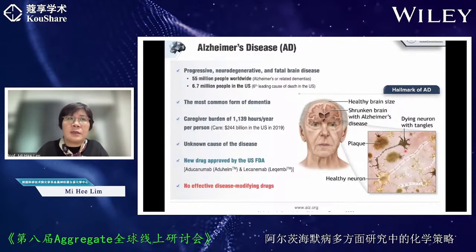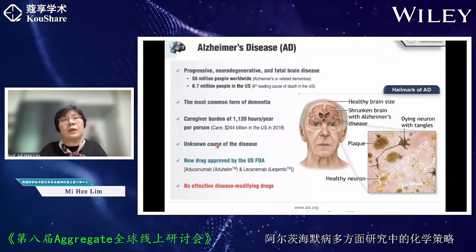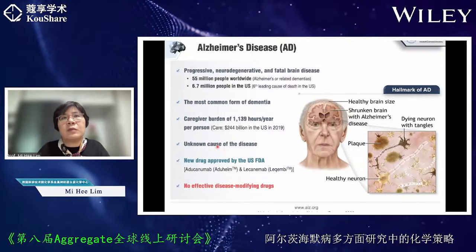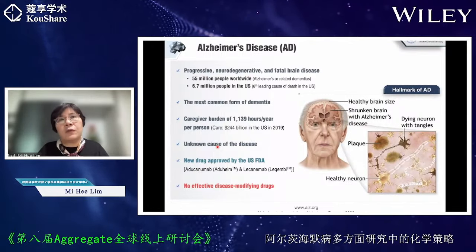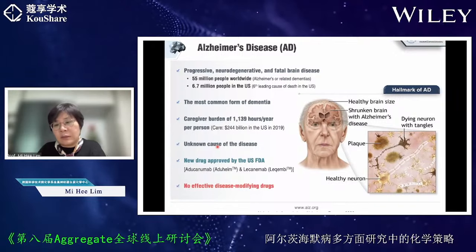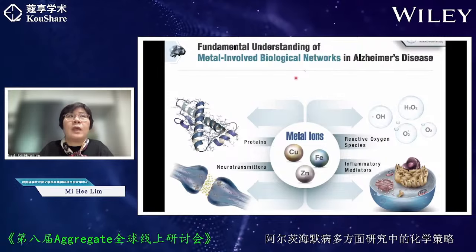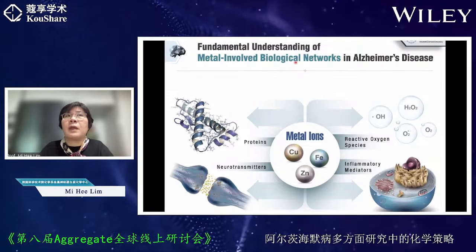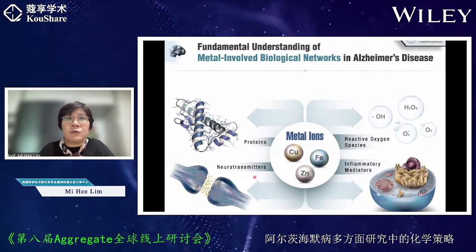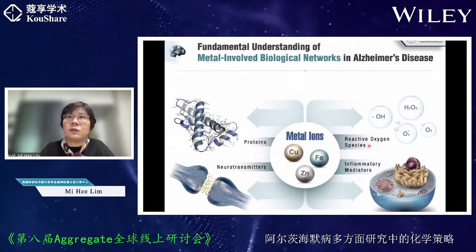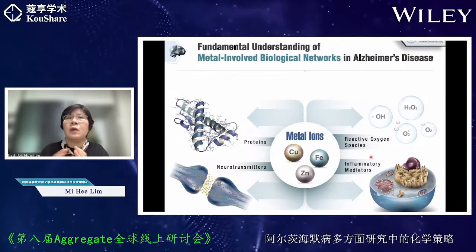However, as I mentioned before, we don't know the actual cause of this disease. So many research groups have been making significant efforts to understand the etiology of Alzheimer's disease. For that effort, our laboratory is trying to obtain a fundamental understanding of the metal-involved biological network in Alzheimer's disease. As shown here, we hypothesized that such a metal-centered network is very important for the development